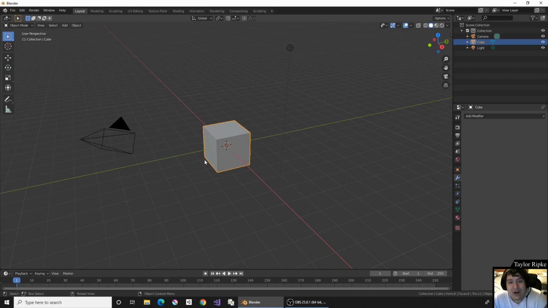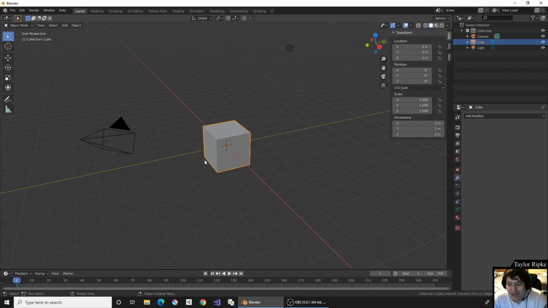Alright, go ahead and open up Blender if you do not have it open already, and you're going to be loaded into the default scene, and we're actually going to keep the default cube. Go ahead and press N for me on the keyboard. This will open up the additional transform information, and I'd like you to set the dimensions to 1 by 1